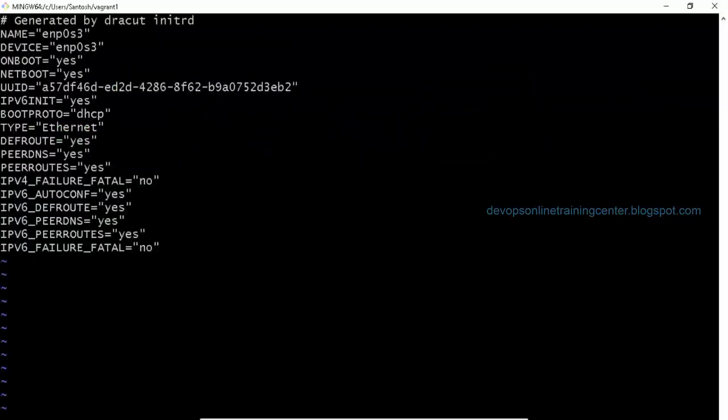The boot protocol is equal to DHCP. You need to make it static. Okay, I tried that already. Yeah, and you need to give the IP, but I don't think this will work because Vagrant takes care of